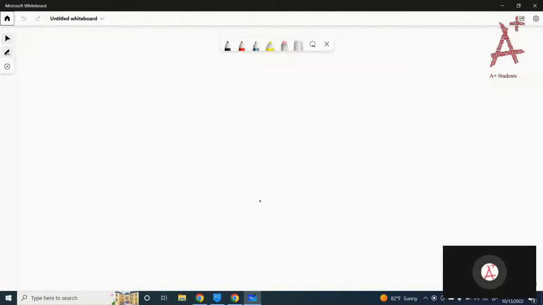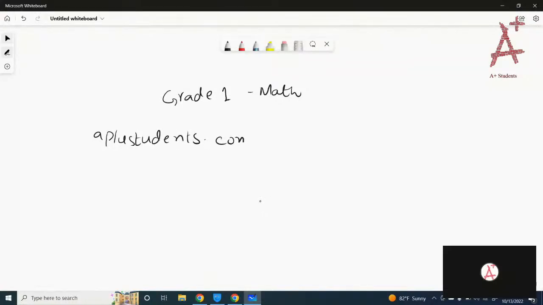So, we're going to start with grade 1 maths. You can find all the lessons on aplusstudents.com. You have to log in there using your email address and password as provided by the administrator. Then you have to select math from the subject tab, scroll to grade 1, click on view all lessons,